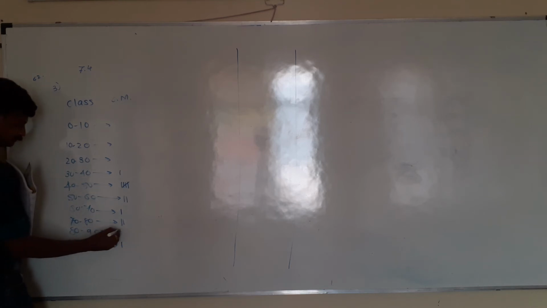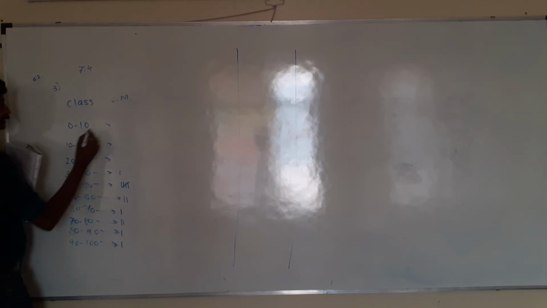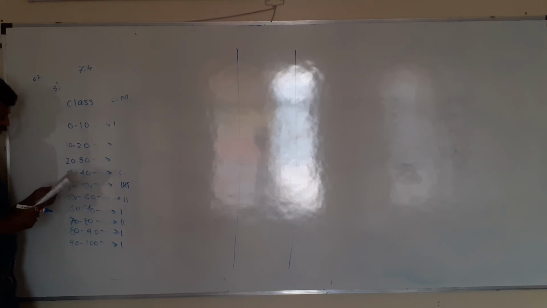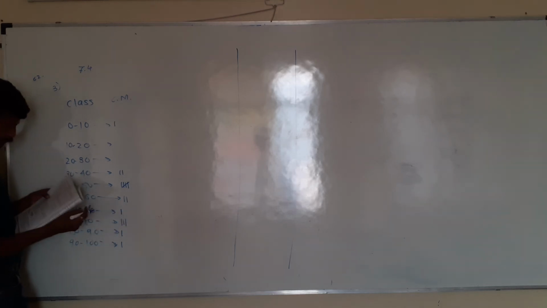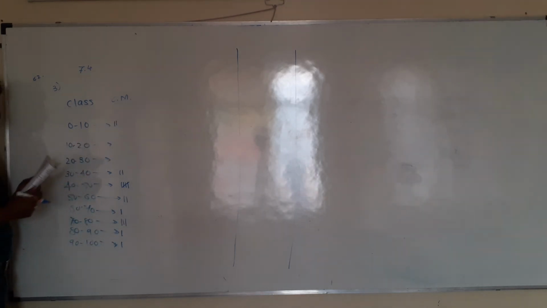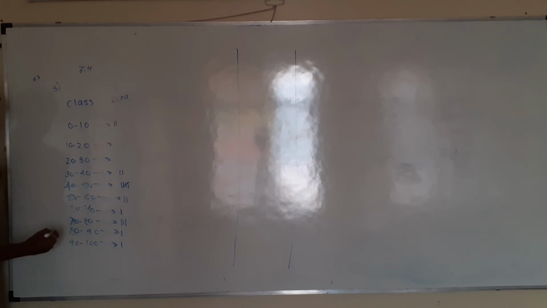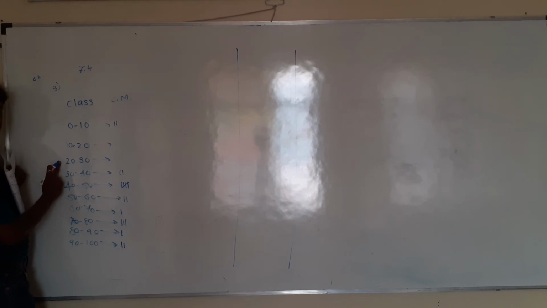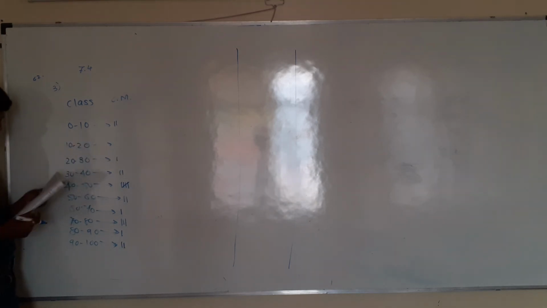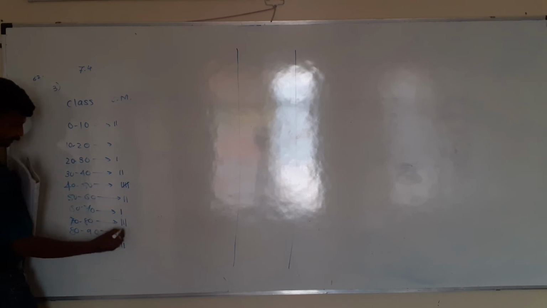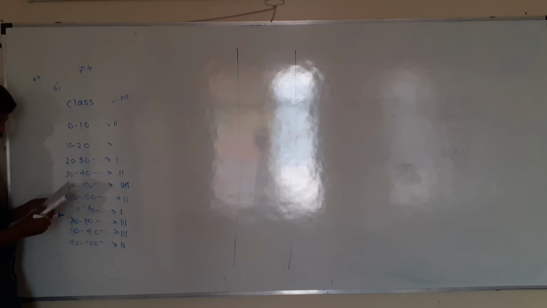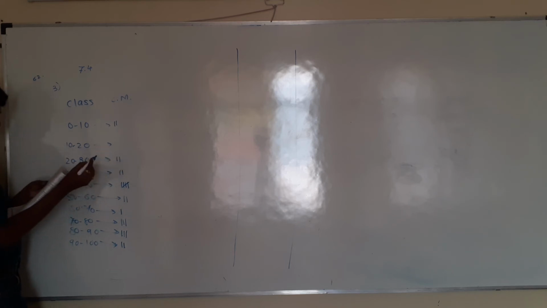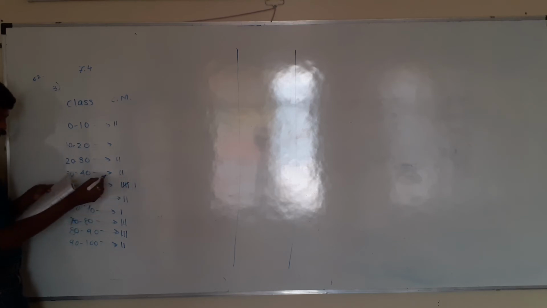81 will be in the 80 to 90 range. 9 will be in the first class. 31, then 75, next is 5, the first class. Next is 90, last class. 20 will come in the third class, more than or equal to 20, not in the second. Then 82, second last class. 80, again in the second last class, more than or equal to 80. 23, third class. 45, a new group will start.